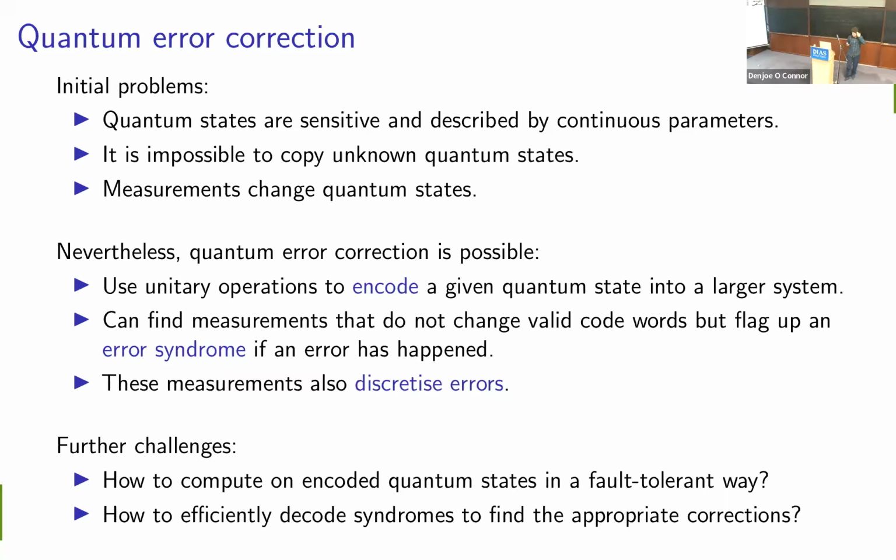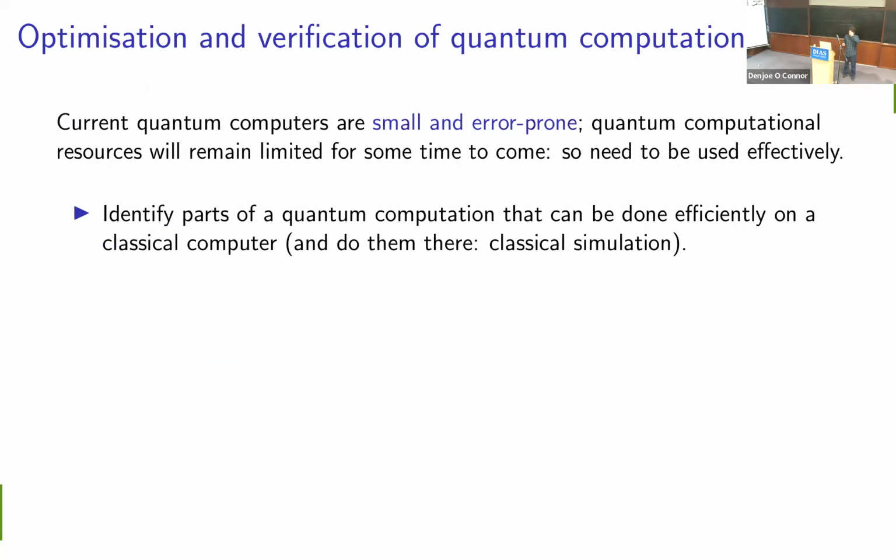But these are all issues that are fixable. They're very active, ongoing areas of research. So maybe now taking us back a little bit more into the area of things that I'm working on. As I've mentioned earlier, optimization of quantum computations is something that I'm very interested in. This is particularly important in the short term, when our quantum computers are very small.